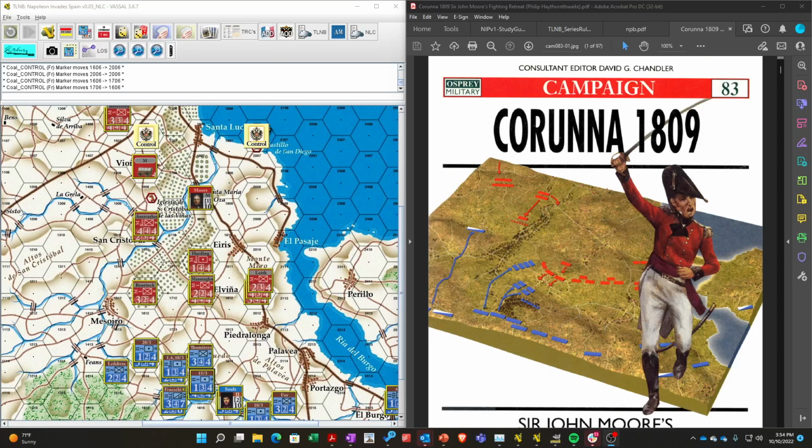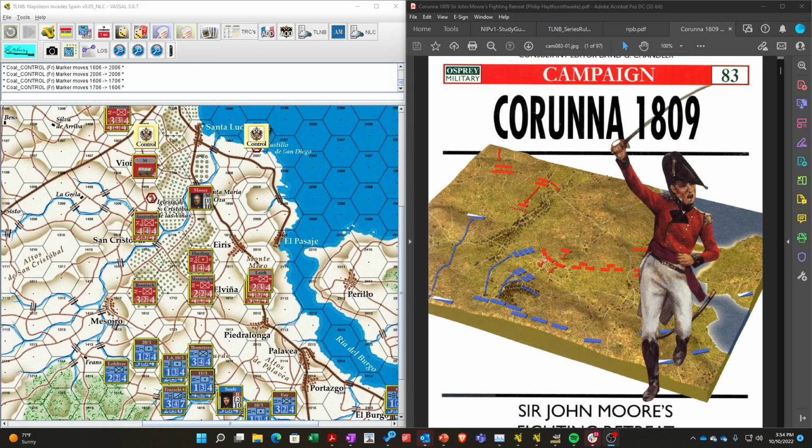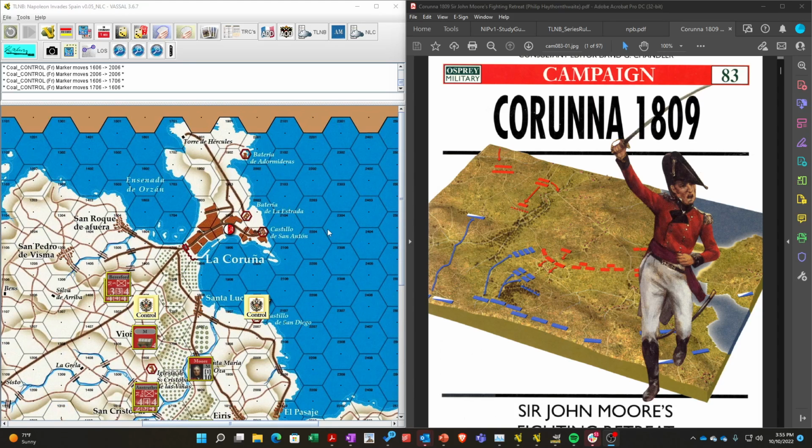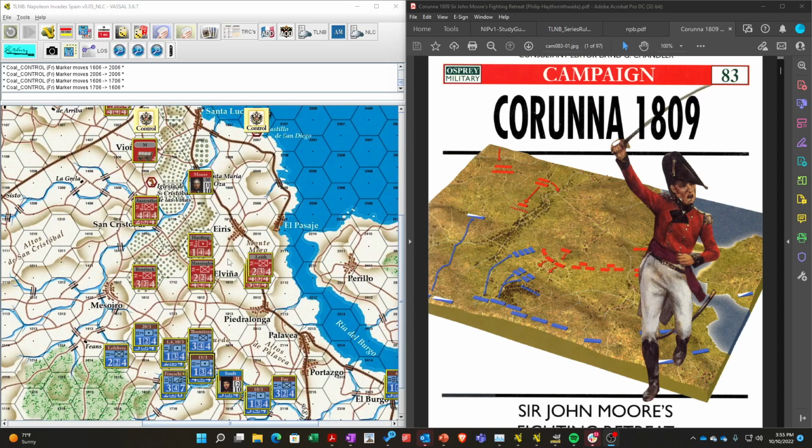Alright, we're back with OSG's Napoleon Invades Spain La Coruna battle. And here we have Sir John Moore's fighting retreat. I guess that's Sir John Moore, and he actually perished in the battle. But they did successfully hold the French off, and at night they were able to withdraw from the field thanks to the assistance of the Royal Navy. So,